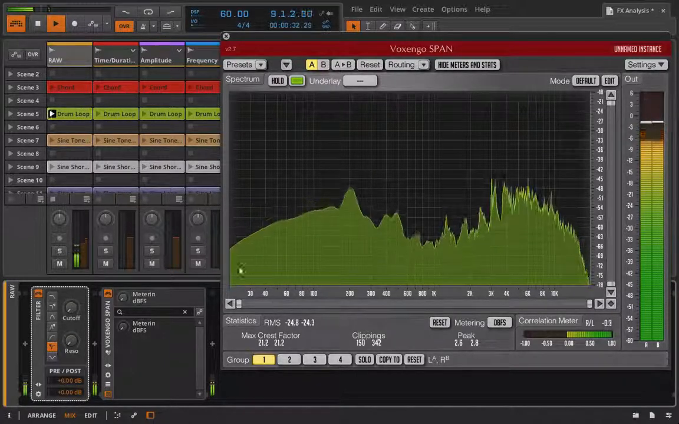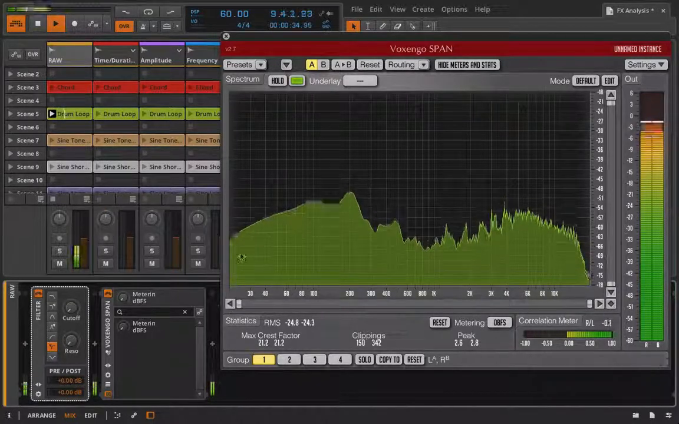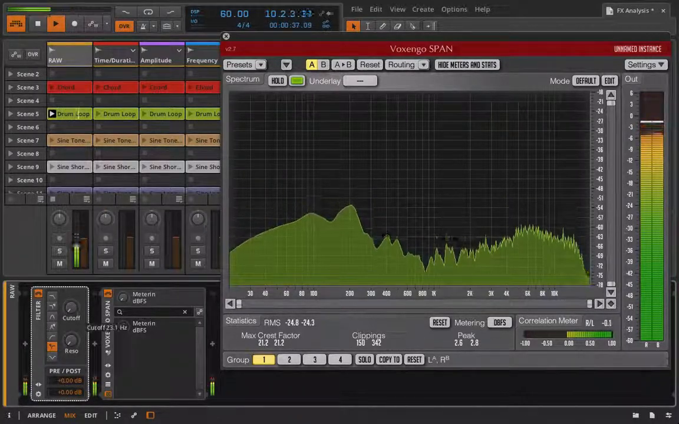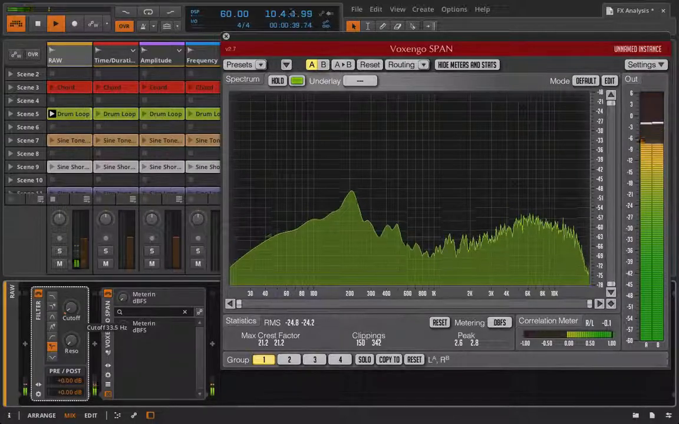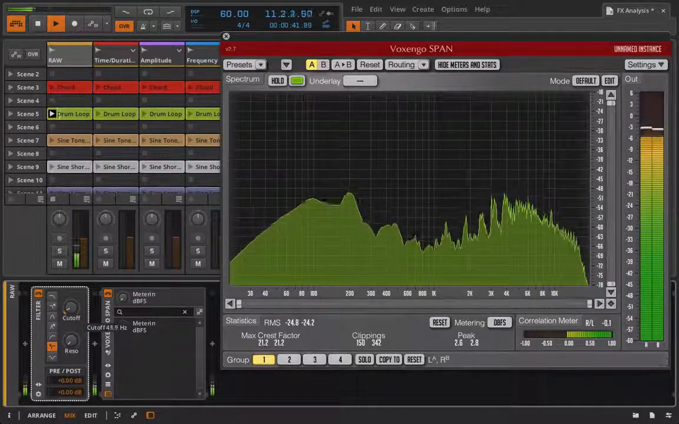here, because we have all this energy happening, and it's happening below our range of human hearing. So I could take the cutoff here, pull it up a bit,